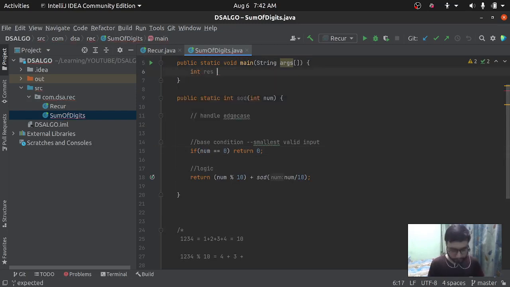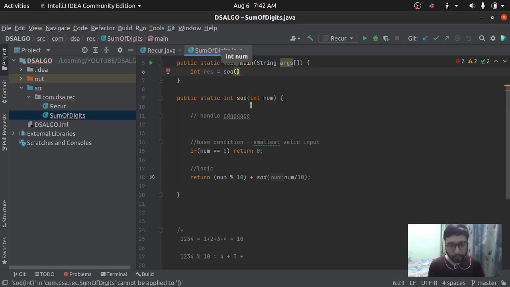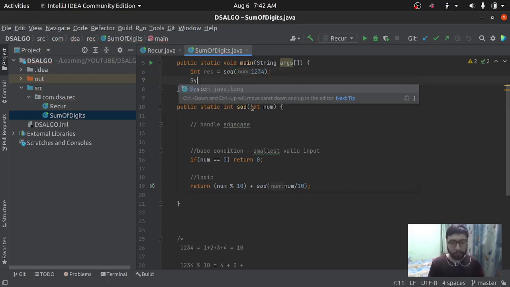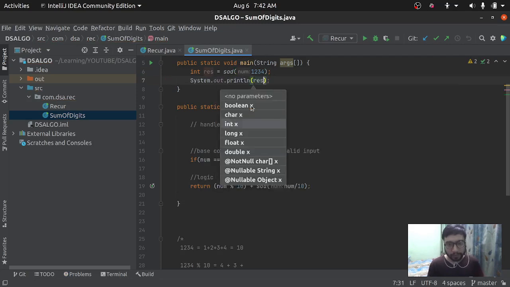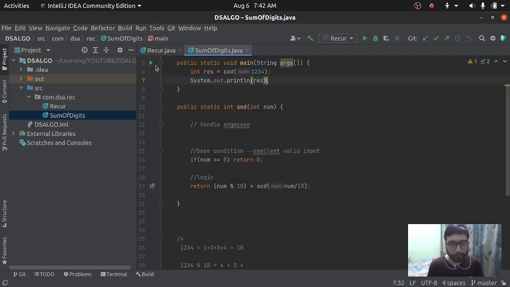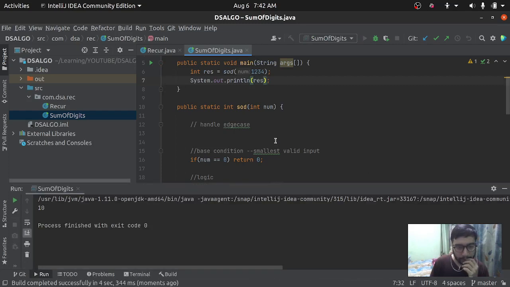And rest is equal to 0. We'll pass it, let's say 1, 2, 3, 4. Print line, and we'll be printing rest over here. Now let's run this and check if we got any errors or what happened with the solution. We are getting 10.